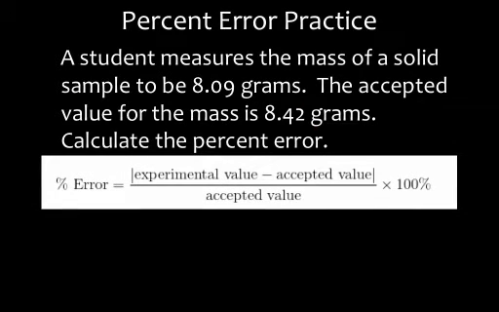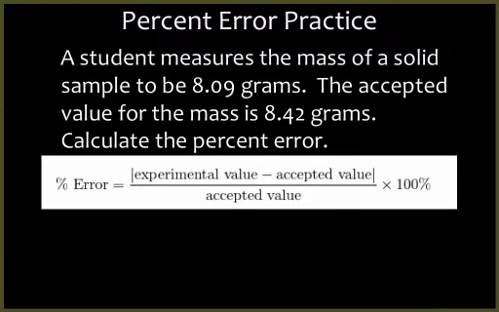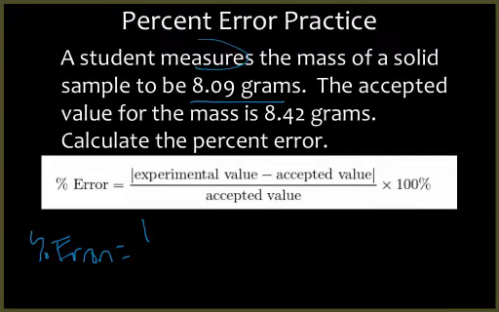Okay, so here's a practice problem for us. We have a student that measures the mass of a solid sample to be 8.09 grams. The accepted value, or the correct value for that, is 8.42 grams. So we want to calculate our percent error. So all we have to do here is percent error equals the absolute value of our experimental value, which was 8.09 grams, because this was what was measured in the lab. That's how we know that's our experimental. So 8.09 grams minus our accepted value,